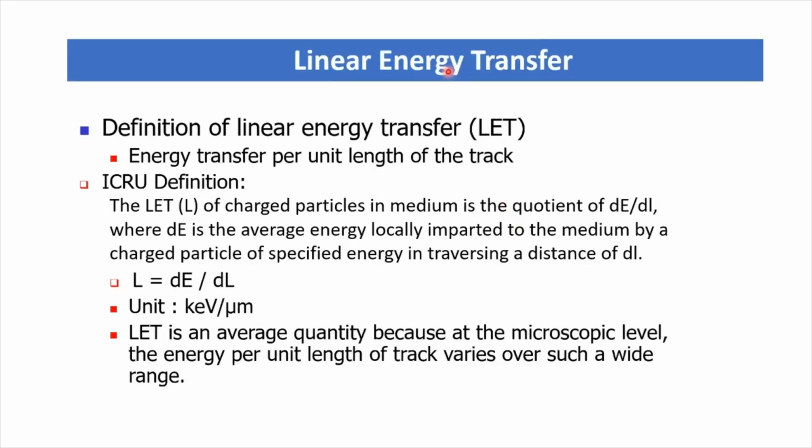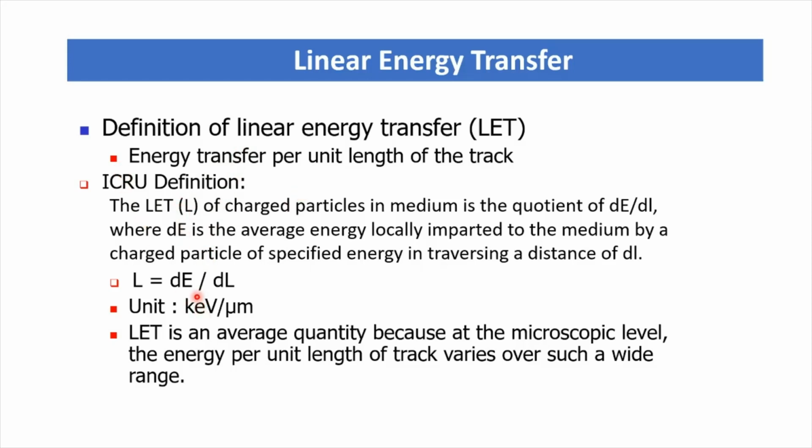What we mean by the term linear energy transfer is the energy transferred per unit length of the track. Based on the ICRU definition, the linear energy transfer of charged particles in a medium is the quotient dE by dl, where dE is the average energy locally imparted to the medium by a charged particle of specified energy in traversing a distance of dl, that is L equal to dE by dl, and the unit of this LET is